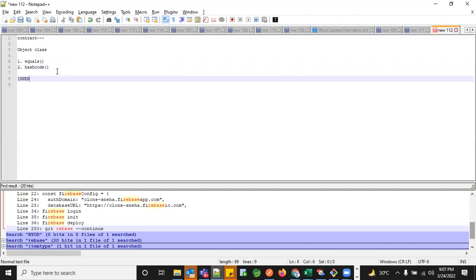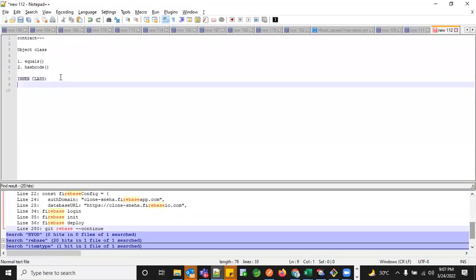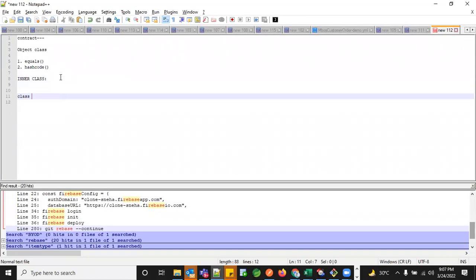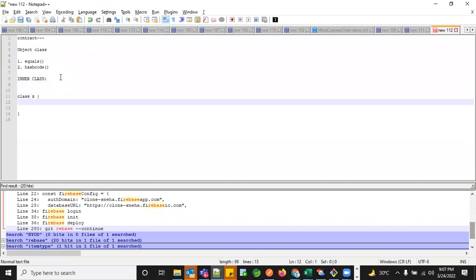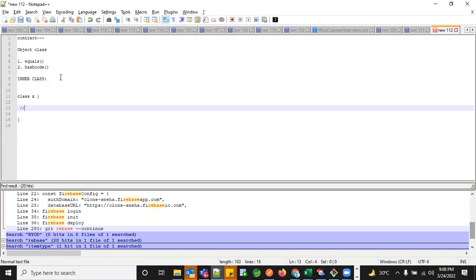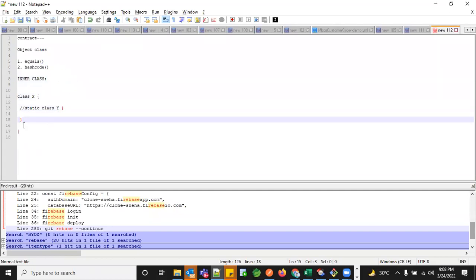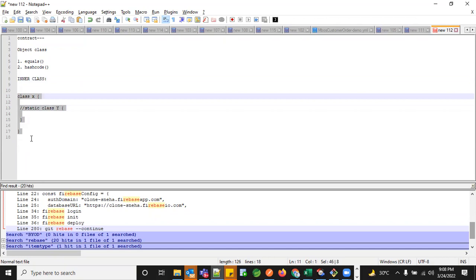So this I will cover in some time, maybe not today, but the inner class structure would look like some class name. And within the class, usually we have all your attributes, methods, static methods, public methods, private methods, and everything. Now, inside a class, we'll have another class, which will be a static class, which is again some Y class, within the class itself. So this inner class is like a class within a class, but you don't need to create an object for this because it's a static class. So this is called an inner class.